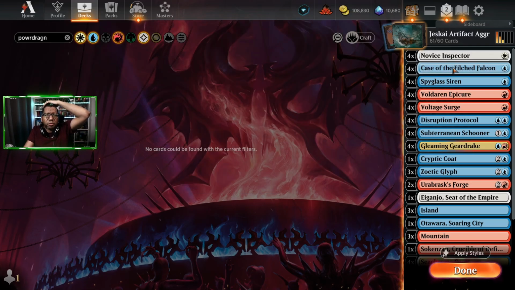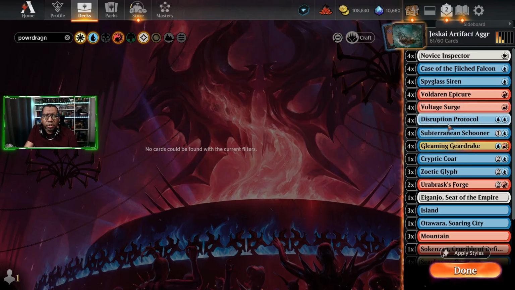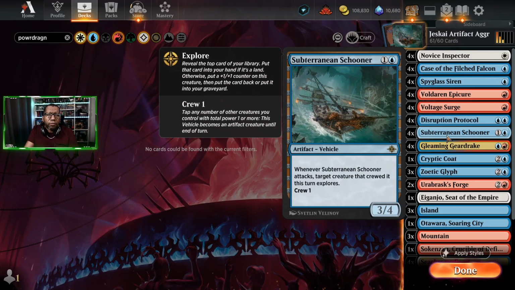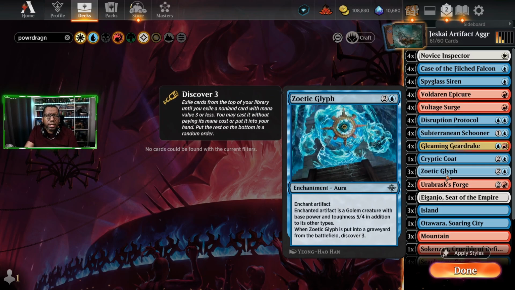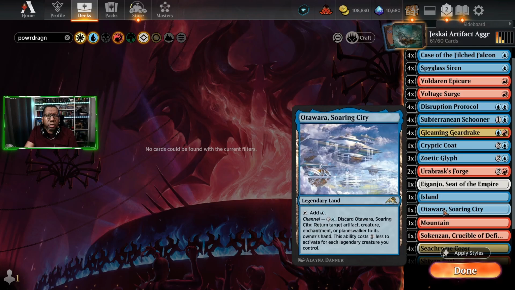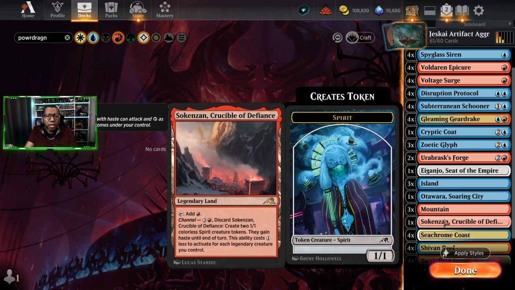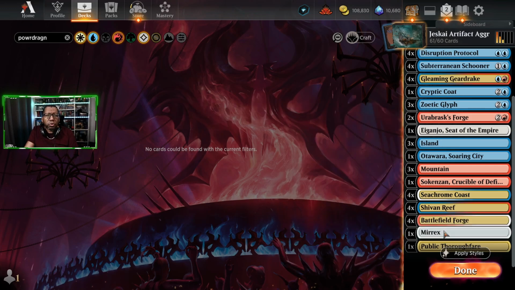But we had 4 Novus Inspector, 4 Case of the Filch Falcon, 4 Spyglass Siren, 4 Voldaren Epicure, 4 Voltage Surge, 4 Disrupting Protocol, 4 Subterranean Schooner, 4 Gleaming Geardrake, 1 Cryptic Coat, 3 Zoetic Glyph, 2 Urbrass Forge, an Aganjo, 3 Island, 1 Arwaro, 3 Mountain, 1 Sekinzan, 4 Seachrome Coast, 4 Shivan Reef, 4 Battlefield Forge, 1 Merrick's,